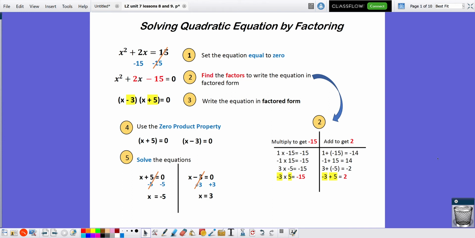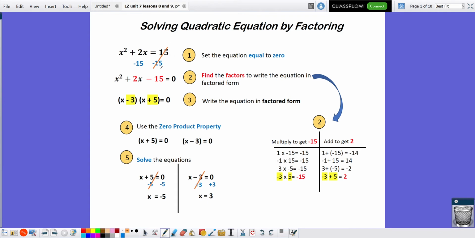For this lesson, we will solve quadratic equations by factoring. So I have listed all the steps that you need to solve an equation that looks like this one. This equation is not equal to 0. So the first thing we need to do is make sure the equation is equal to 0 if you want to solve by factoring. So when we look at this equation, x squared plus 2x equals 15,